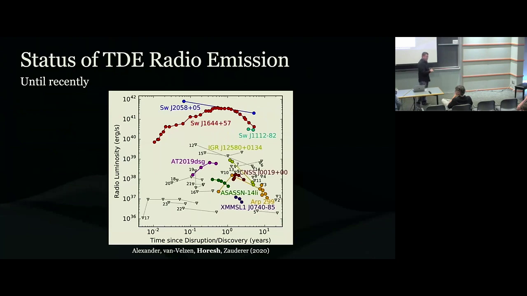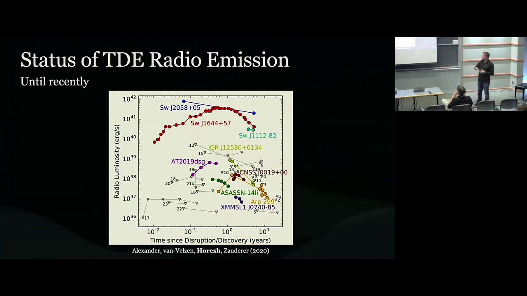Now, in the radio, until recently, that was the status of the field. You had many limits on the radio emission. You had a small number of events that are jetted with very bright radio emission, which you see on top there. And starting with 14li, observed by Cendes and Alexander, we started seeing radio emission from thermal TDEs, not